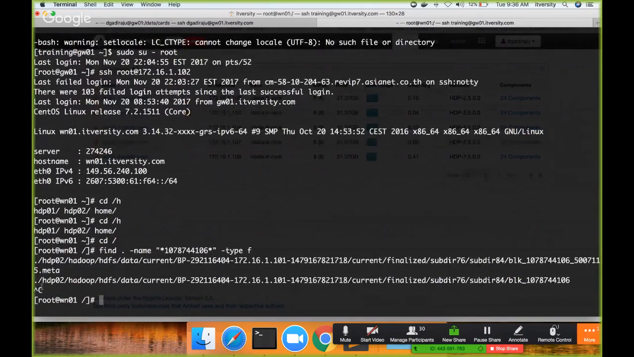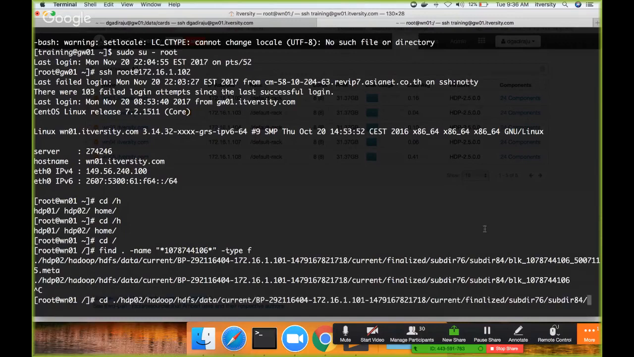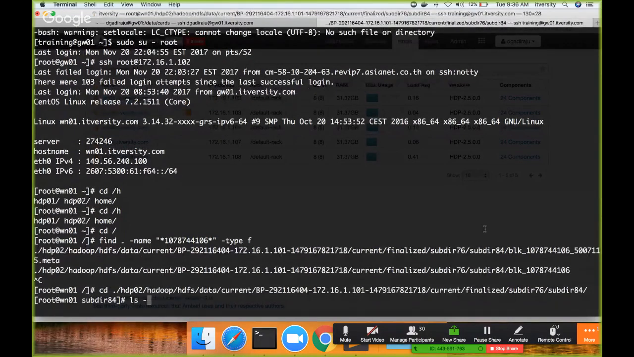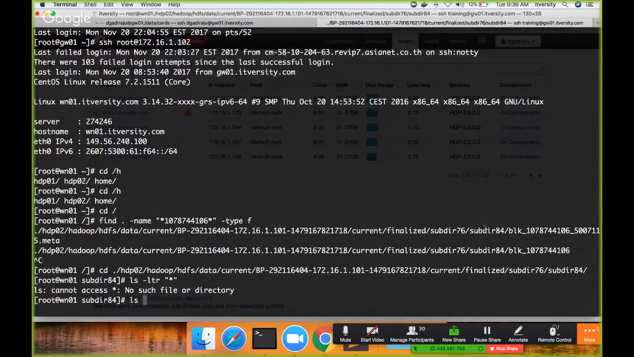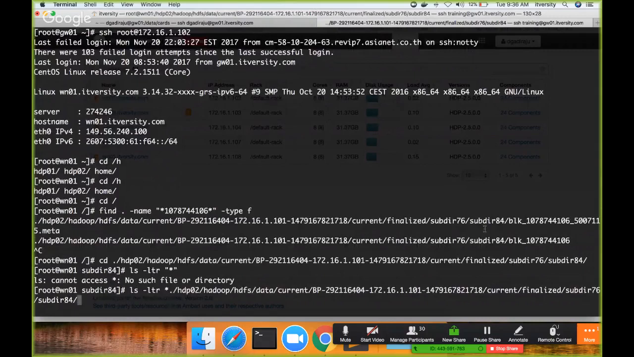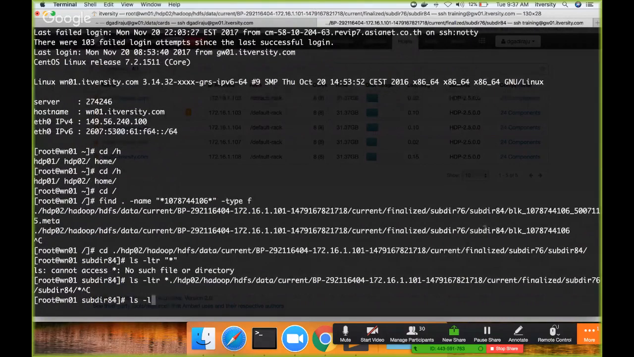Okay, so let me go to this directory. Here I'm accessing the same file from OS commands. Here I'm not issuing any HDFS commands. Okay, go to this location. Okay, ls -ltr